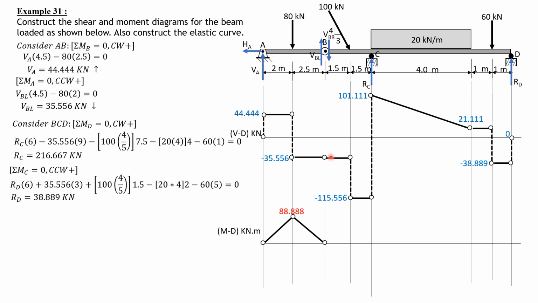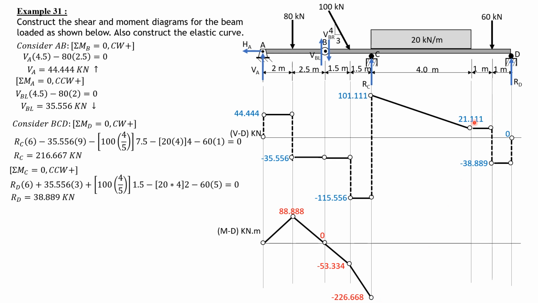Then minus 35.556 times 1.5, it will go down to negative 53.334. Then area of this is negative 115.556 times 1.5, so negative 53.334 minus 115.556 times 1.5 is negative